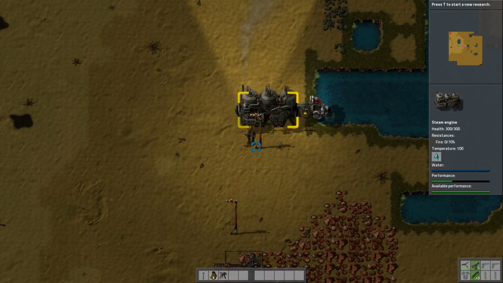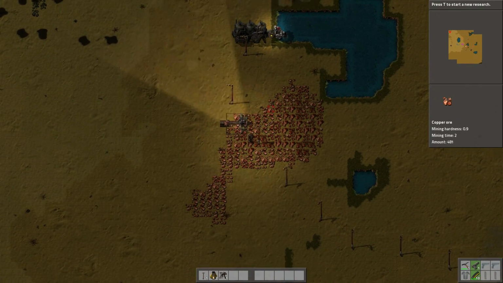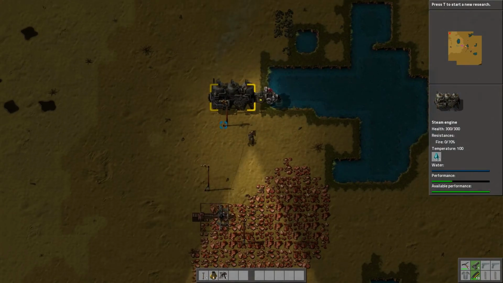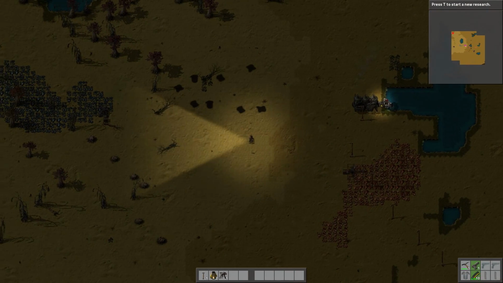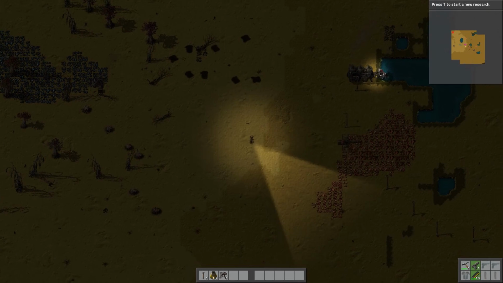If we need more electricity, we can of course add on more steam engines and boilers, and we'll go over the actual efficient setup for that later. This is very inefficient, super inefficient in fact, but it's good enough for now. We can amend it once we've got an actual production line. So with that,